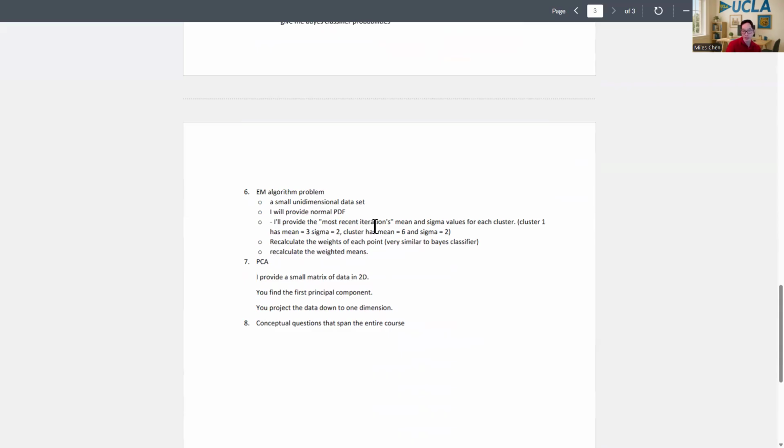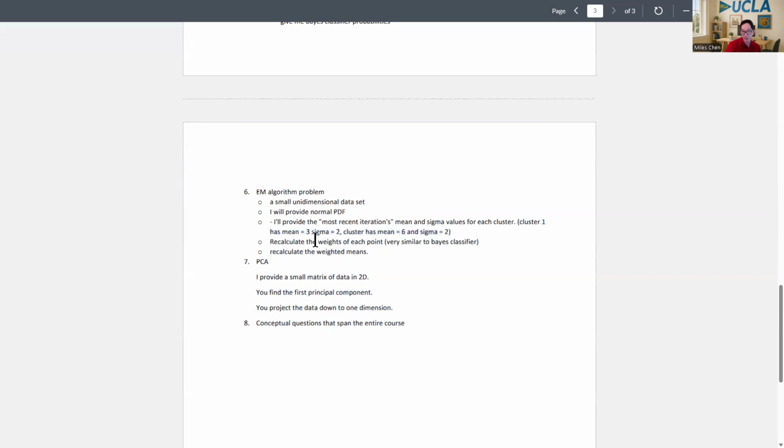The EM algorithm is iterative. So I'll say, in the most recent iteration, the mean and standard deviation values for each cluster is something. For example, I might say cluster 1 has mean of 3 and standard deviation 2, and cluster 2 has a mean of 6 and standard deviation 2 or something. And based on these